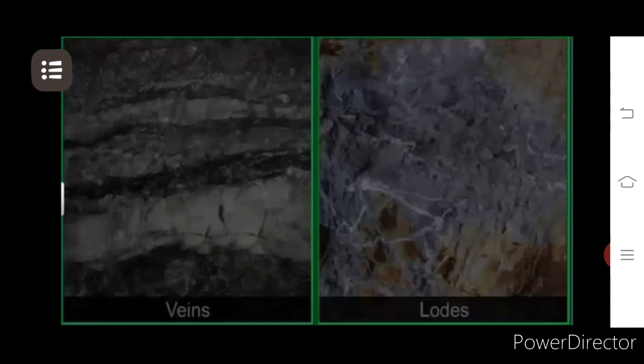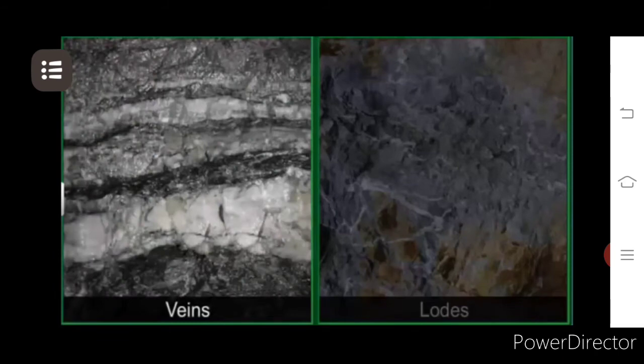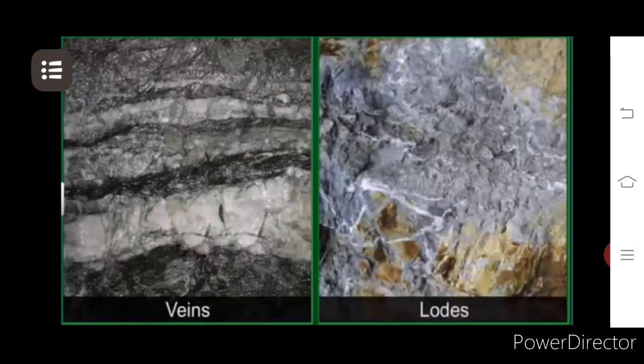If we go digging in igneous or metamorphic rocks, we will find minerals as minor deposits, called veins, or bulky thick deposits, called lodes. These veins and lodes form when molten minerals are pushed up into crevices between rocks. Most metallic minerals like copper, zinc, lead, and tin are found in such formations.